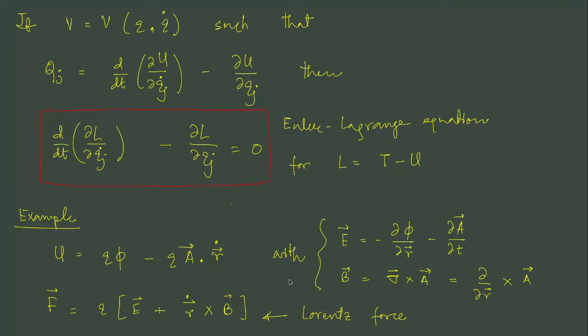So basically, if you have a particle which is experiencing Lorentz force, then it is possible to generate this Lorentz force using U. So as such, the particle dynamics can be studied by using the Euler-Lagrange equation. It's a very powerful technique because component-wise the analysis is simpler, in the sense that we have good knowledge about U and we do not need to know exactly which way the vectors are pointing.